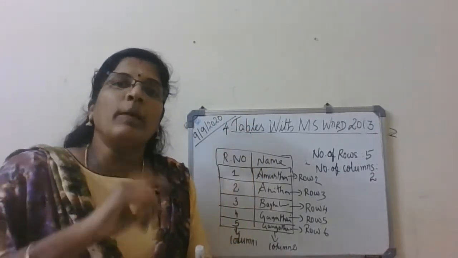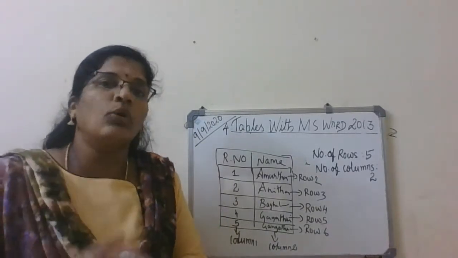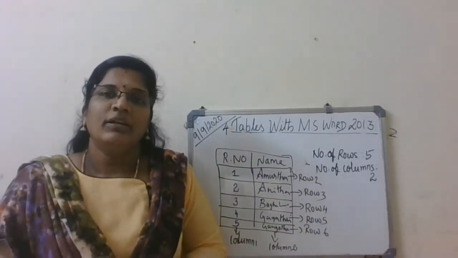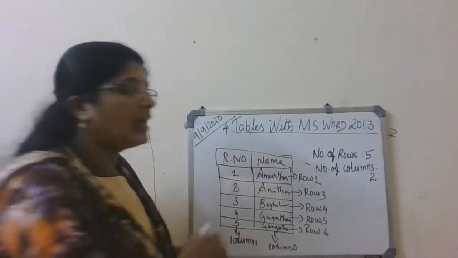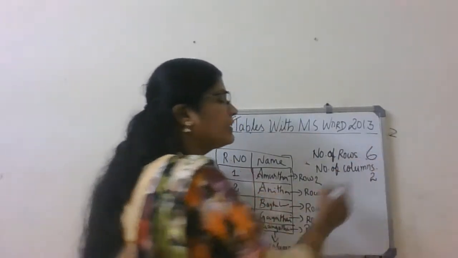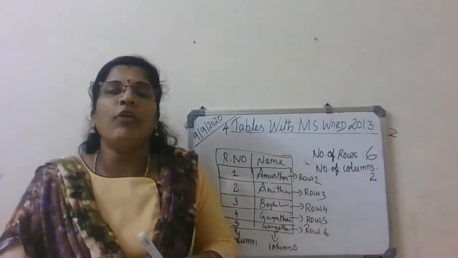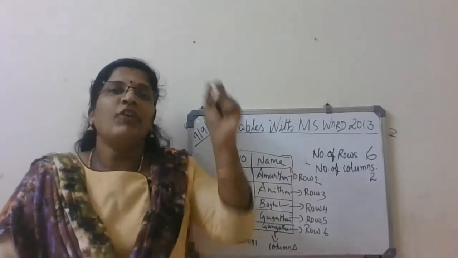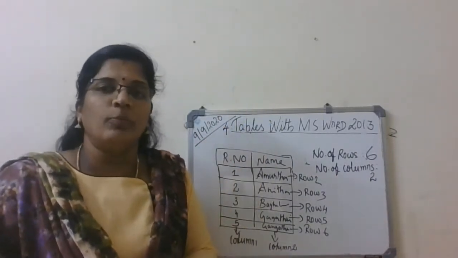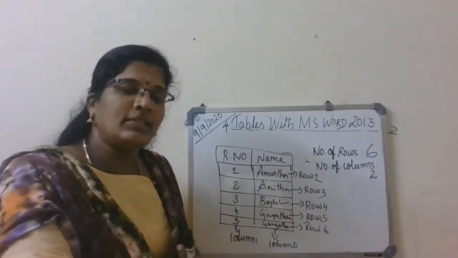And if you want to prepare a mark list for 10 students, how many rows do you need? For 5 students you need 6 rows, right? One is a caption. Similarly, for 10 students you need 11 rows. That means for the caption you need another row. Got it? So shall we draw a table for the mark list?